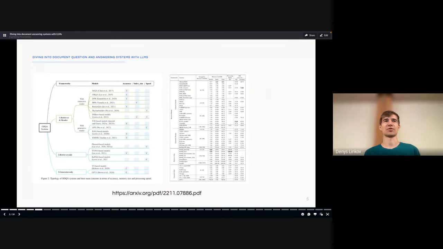There have been a bunch of models published on this task, typically called ODQA, or Open Domain Question Answering. This is from a summary paper at the end of 2022, and you can see there's a bunch of different models here with benchmarks, throughputs, and everything else. But this was typically reserved for an academic space. People weren't working too much on it. There weren't as many demos, at least, on the social media platforms.